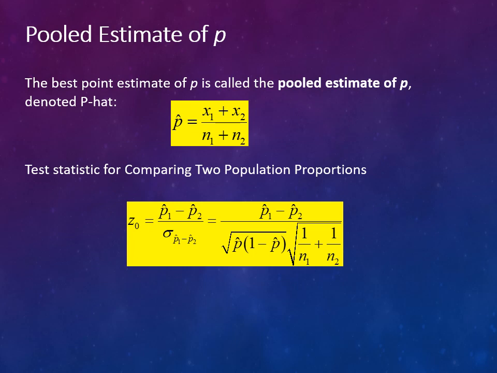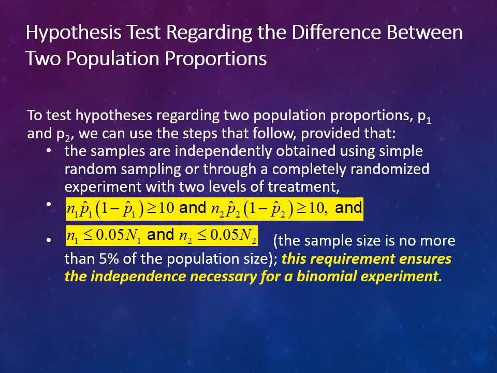And you can see the formula here expanded: p1 hat minus p2 hat, all divided by the square root of p hat times 1 minus p hat times the square root of 1 over n1 plus 1 over n2. So we can do hypothesis tests on two different population proportions, specifically regarding the difference between them. To test hypotheses regarding two population proportions, p1 and p2, we can use the steps that follow, provided that